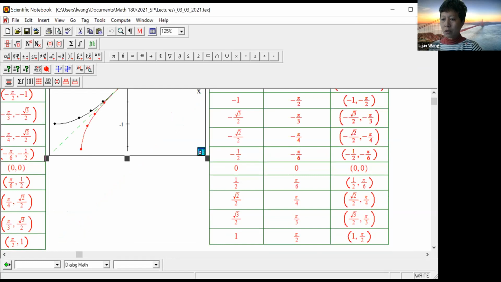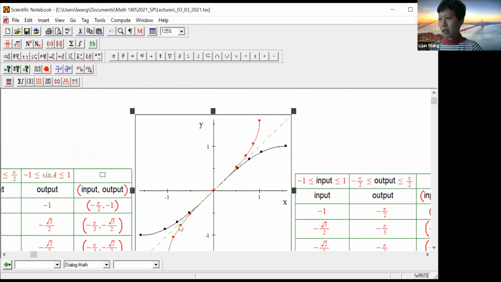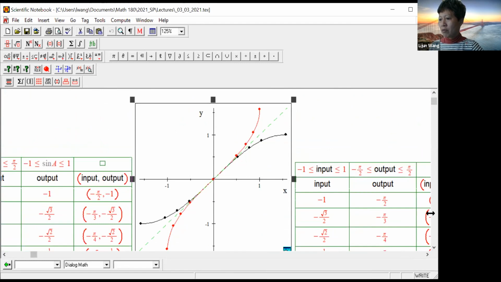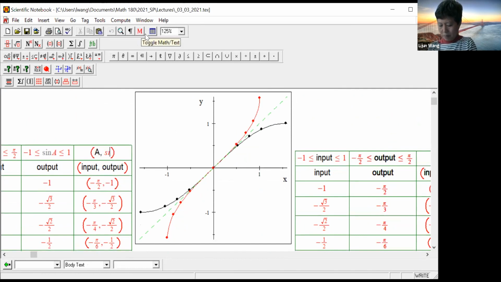Notation, notation, notation. Okay, so math is not only about understanding, it's also about notation. For example, how would you know, in here, the input and output is made of the angles, right? The angles and sine of A, right? So those are the points. When we see this point, we'll typically write it as,